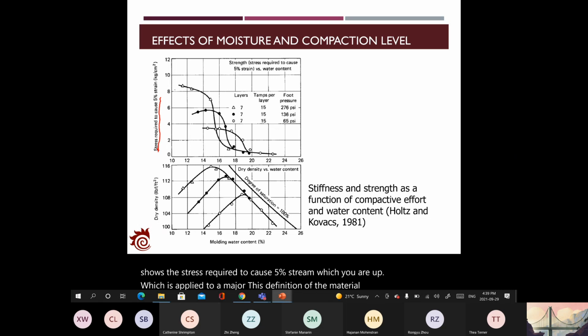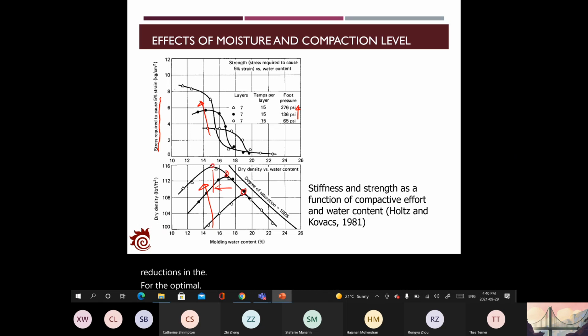Basically, you can see that with a higher compaction level, the stiffness will be larger, and you will also observe changes in the dry density. Usually with a higher compaction level, the dry density will also be larger, but you will observe reductions in the optimal moisture contents for the sample under higher compaction levels. So that's the general impact of the compaction to the